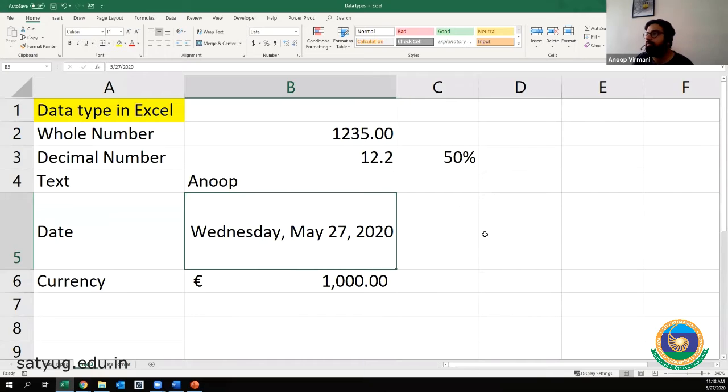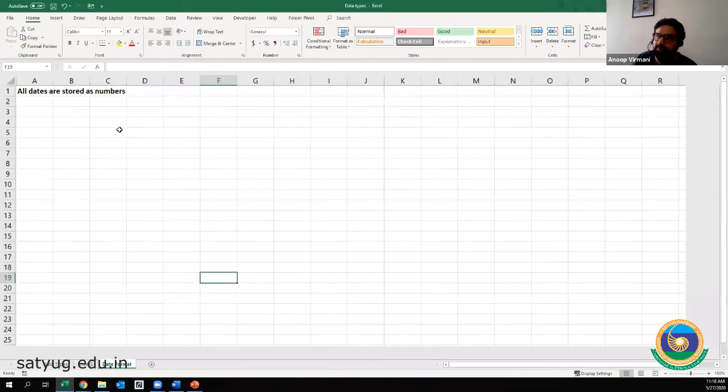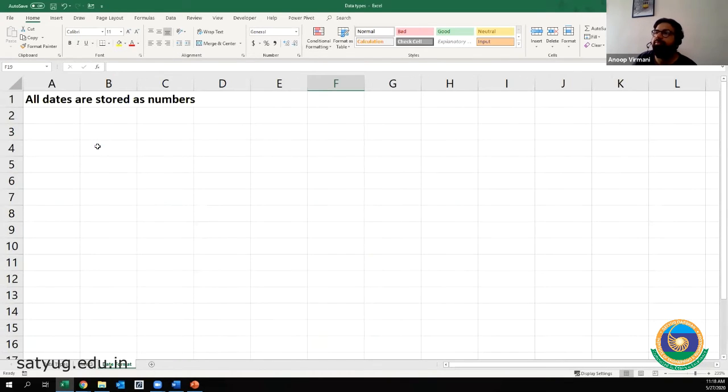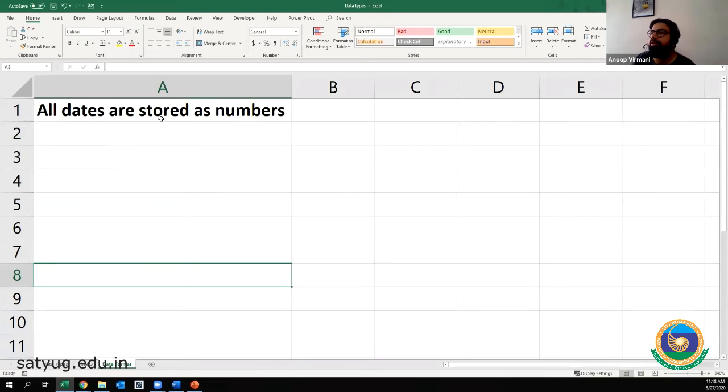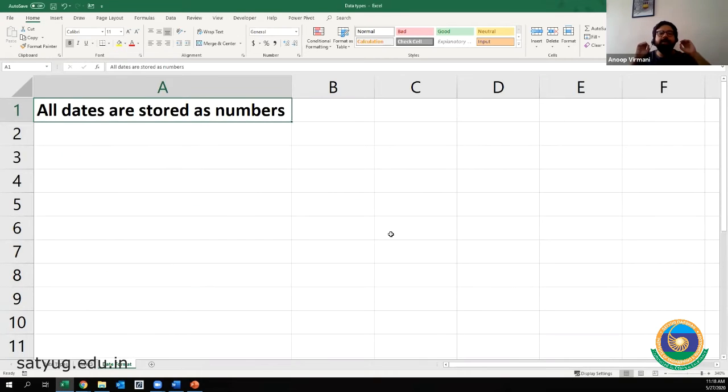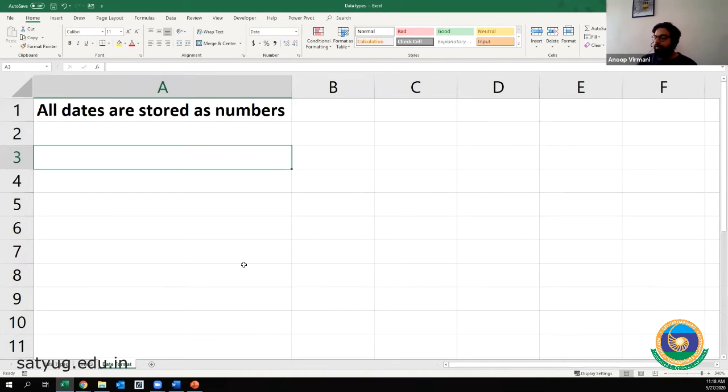But okay, so this was about dates. Now, very important for you guys to learn this detail. All dates in Excel are stored as numbers, right? So let me give you an example here first. I write the date for today, 27th May 2020, right?